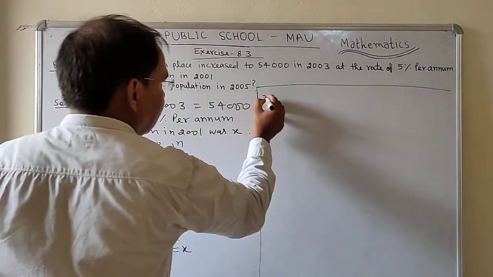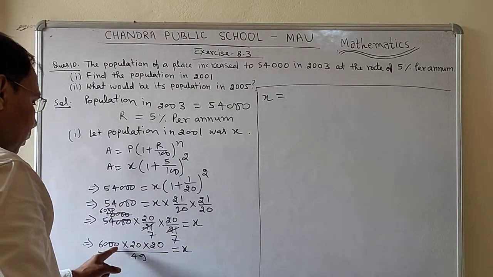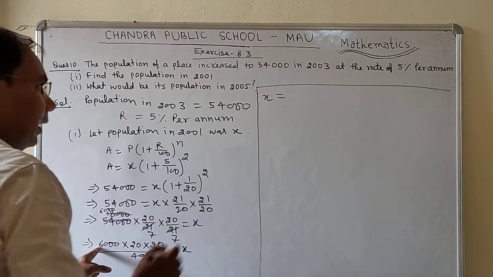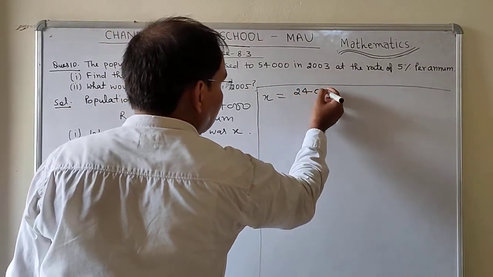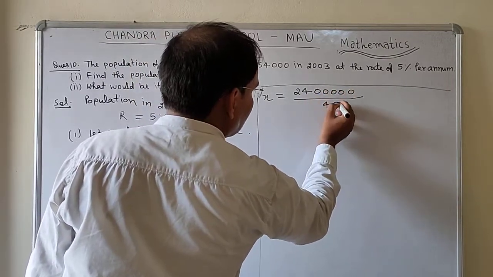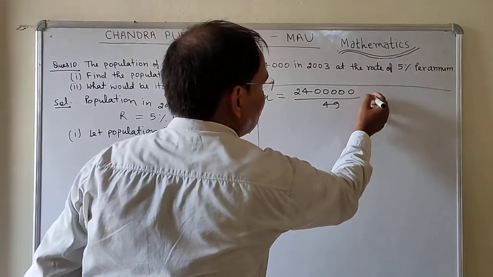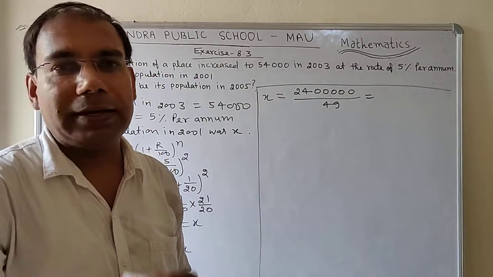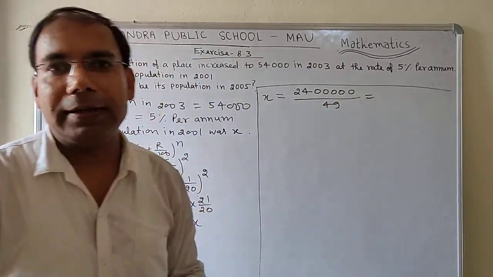So here you can write x equal to, you need to multiply. If you are going to multiply here 1 2 3 4 5 0 will be there, 2 to the 4 4 6 ja 24. So it will be 24 and there will be 5 0, 1 2 3 4 5 upon 49. So students, you need to divide it by 49. So once you need to divide it, I am also going to divide this, and after that I will write the value of x. So can we divide that roughly.